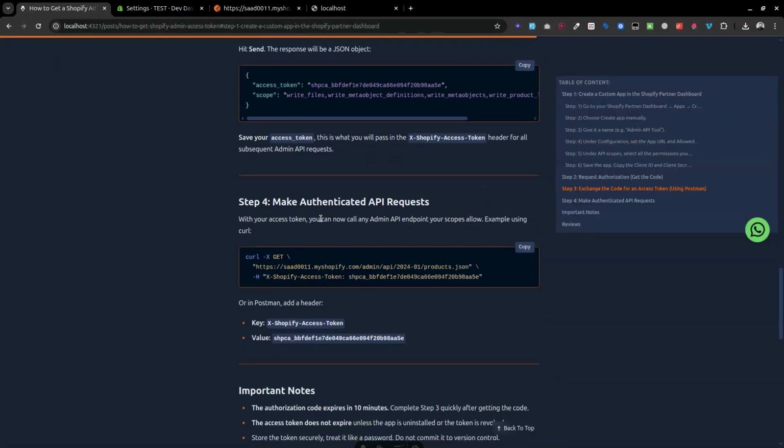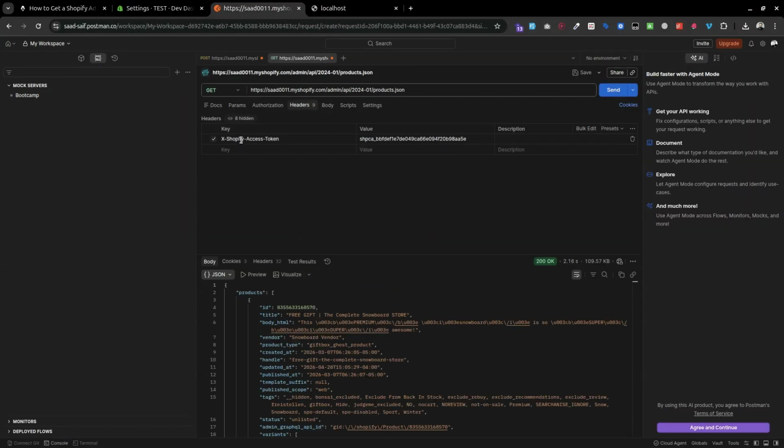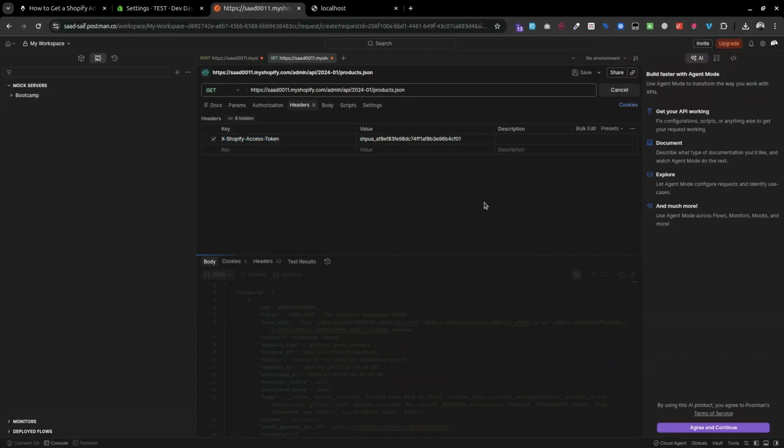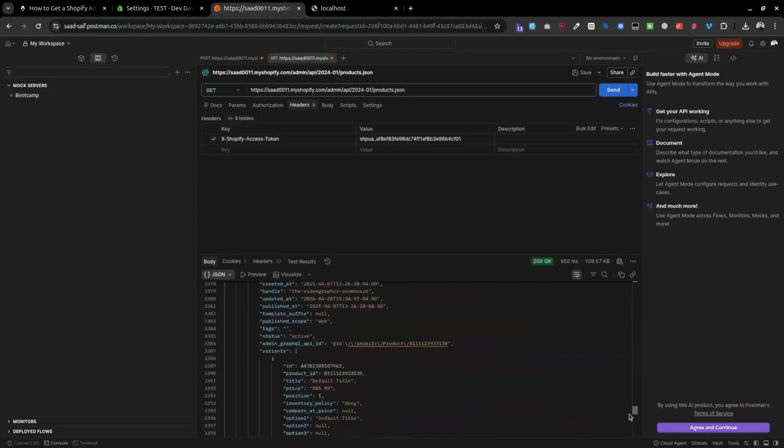now we can make a request to our URL to read the products. So you can see we have this products.json, and in the headers I am using the X-Shopify-Access-Token, and I will use this access token and make a request, and we will be able to see the products, product.json. So